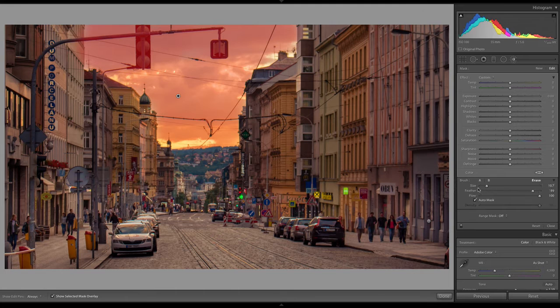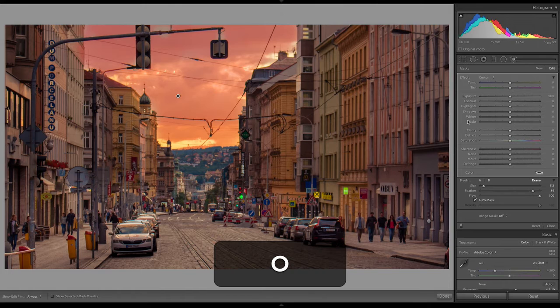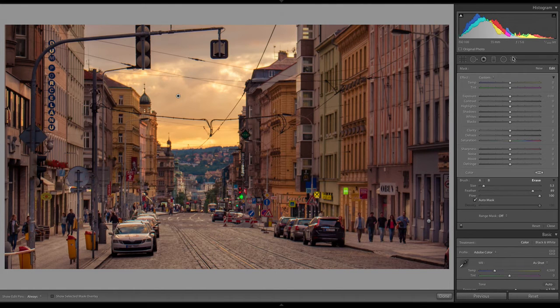So let's take the eraser tool. I don't really mind if it's not selecting the highlights, the sky beyond the clouds, because I really do just want to affect the clouds. So let me go there, that looks good. I'm using the eraser to erase off this pole. Using a higher or larger feathering option down here will also help blend it together. So that's looking pretty good. Now I'm going to turn off my selected mask overlay so I can actually see what I'm doing.